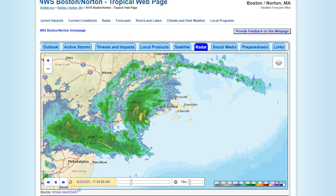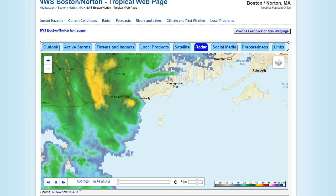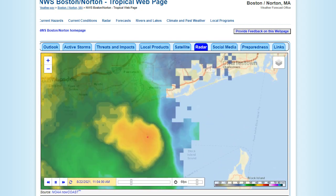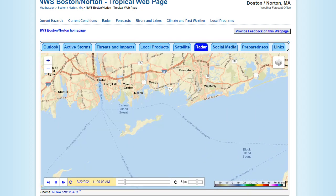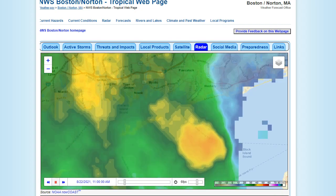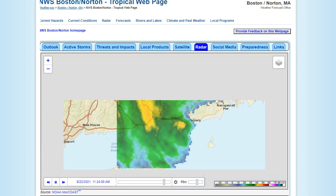Here's the radar imagery, and I'm going to speed this up a little bit. I hate slow radars. There you go. You can see the center, what's left of it, it's not very well defined anymore, is right over or near Block Island here, headed in the general direction of the border of Rhode Island and Connecticut, areas like Westerly, Rhode Island, and then on over towards areas there of Stonington, right on the border of Connecticut and Rhode Island, looks to be the official area of landfall, but we